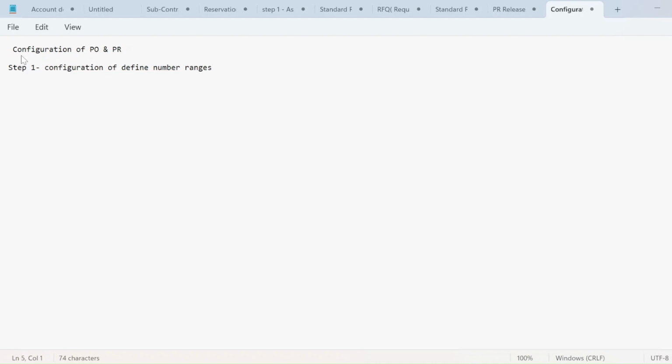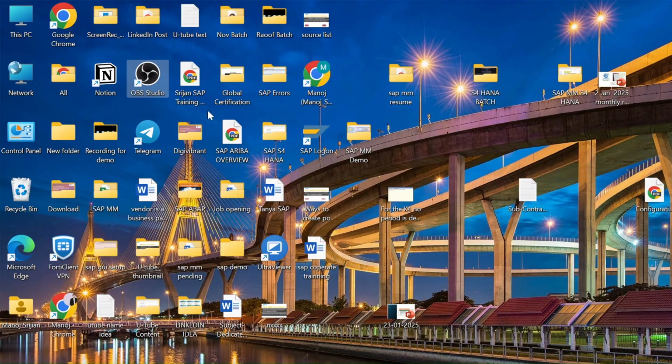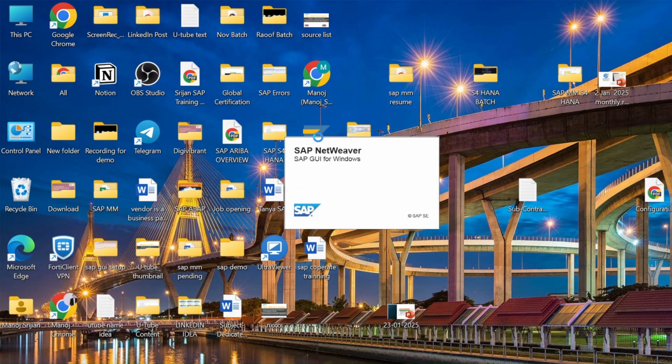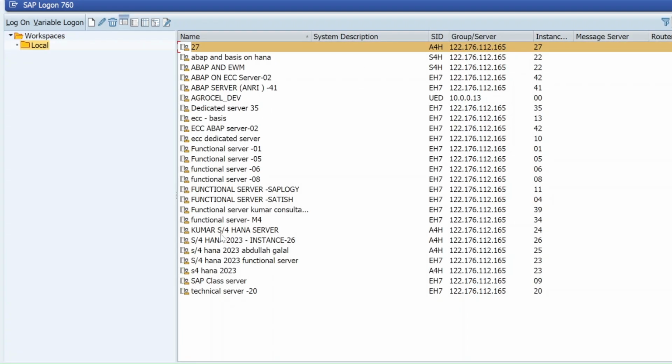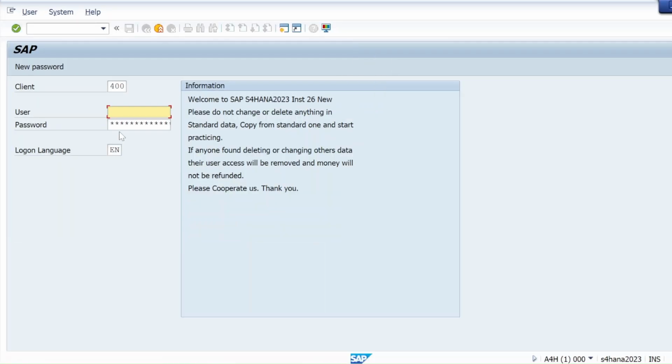In that, we will go to the SAP sandbox, the S4 HANA system.